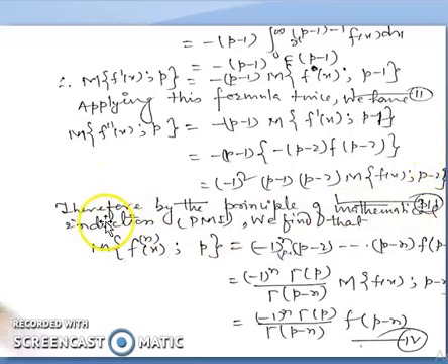So repeat this process by induction format, mathematical induction. M of x to the power n f(x) such that p equals minus 1 to the power n of p minus 1, p minus 2, ... p minus n, of p minus n. So it becomes minus 1 to the power n f of p minus n, M of f(x) such that p minus n. So the result becomes minus 1 to the power n gamma of p divided by gamma of p minus n, f of p minus n. This is equation number 4.